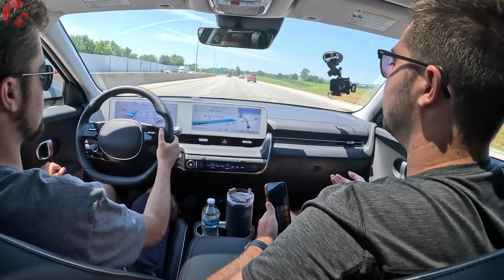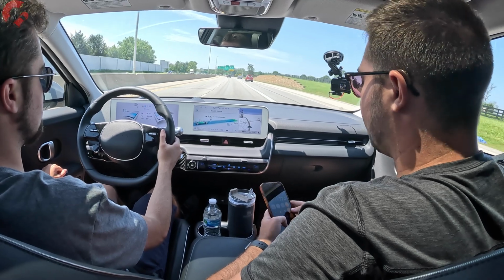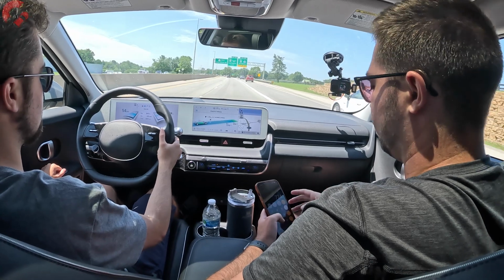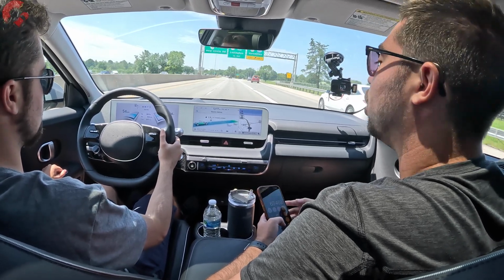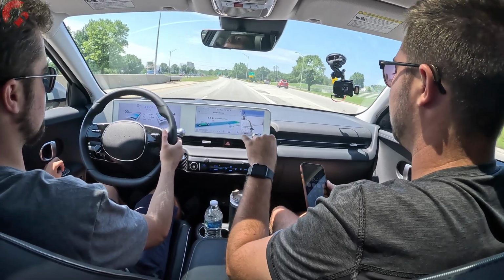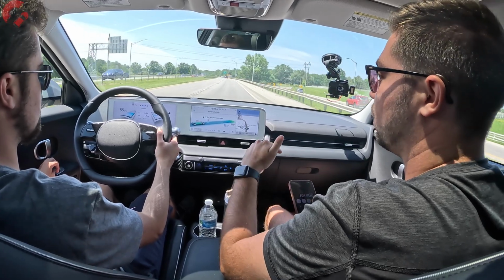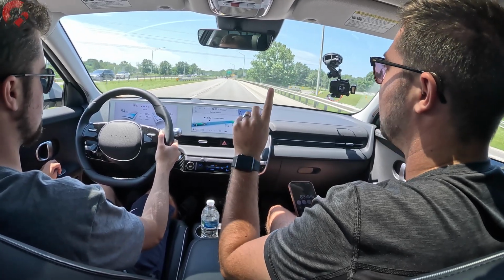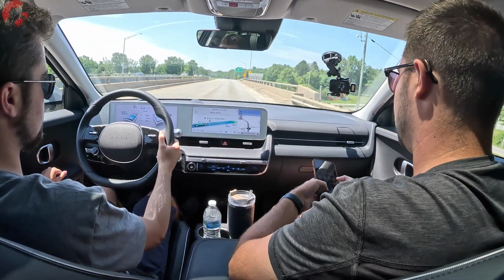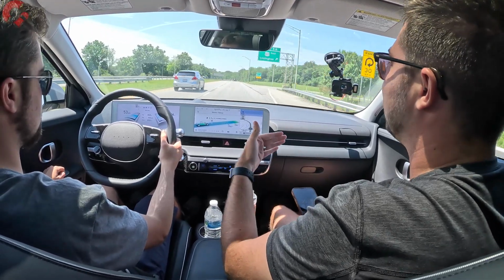Now, another number I do want to mention involves the miles per kilowatt hour. So a 77.4 kilowatt hour battery pack is what you get on this IONIQ 5 dual motor model. We're going to take 82% state of charge, which means that on this particular model, as we're sitting right now, we're sitting at 63.46 kilowatt hours of electricity in the battery pack. If we multiply that by the average efficiency that we've been getting of 4 miles per kilowatt hour, we're sitting at our projected range of what we've been driving today of